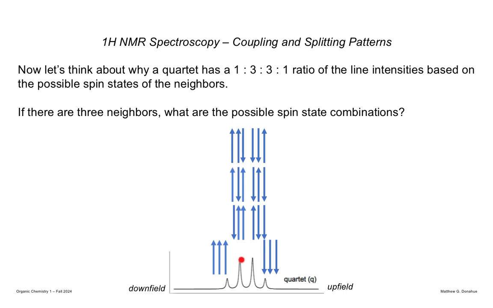Like this line right here. Yeah, like why would it not have all six of, like, three? I guess the way that I think about it is, when you're downfield, all three are aligned. When you're upfield, they're opposed. And so to get from there to there, you're sort of switching one at a time. So notice how you have three up, then you have two up and one down. And then the three comes from you're just moving the down arrow from each hydrogen. So it doesn't have like